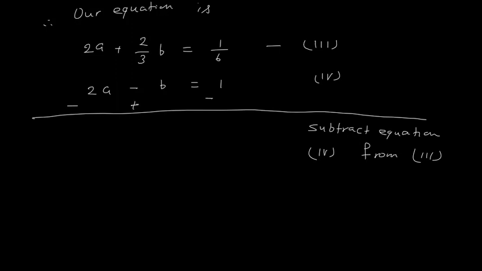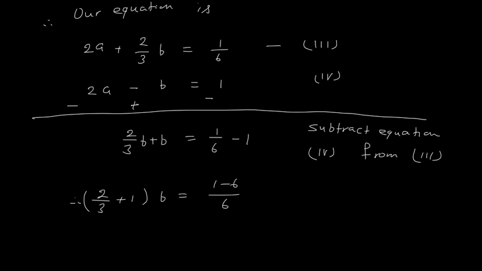Now this 2a minus 2a, it will cancel. Here it is 2 by 3b plus b. So 2 by 3b plus b, you have to add 2 by 3 plus 1. So what is 2 by 3 plus 1? You can do the calculation at some other place, or here also you can write, this is 2 by 3b plus b, and here we have 1 by 6 minus 1. Now this b you can take common, so therefore 2 by 3 plus 1, you have taken this b common, is equal to 1 minus 6 whole divided by 6.